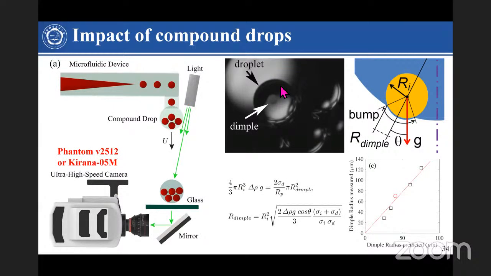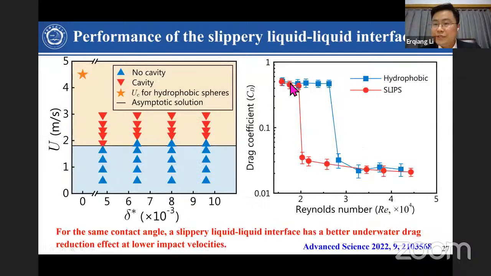The jump means, if you use, let's say, the red dots, it's a slip sphere. You throw it into water, but if the Reynolds number is smaller, it means you release it from a lower height, so it has a smaller velocity. At this stage, it cannot produce a cavity, because we can see from here it needs some velocity to produce a cavity. So it cannot produce a cavity, and the drag is large. But if it exceeds this velocity, you reach this cavity. It's related to the cavity.